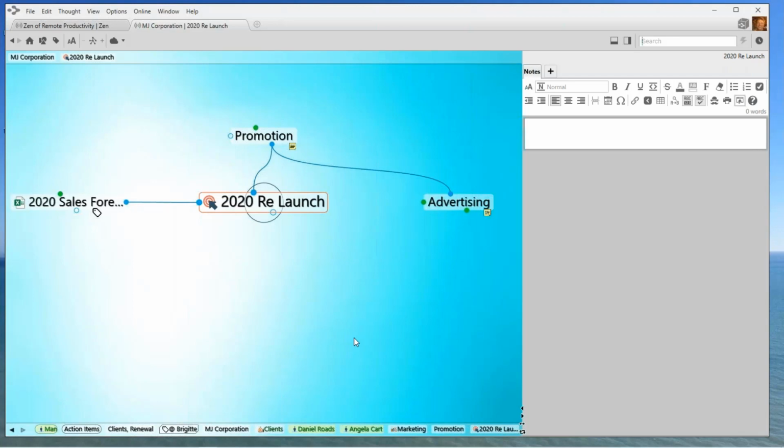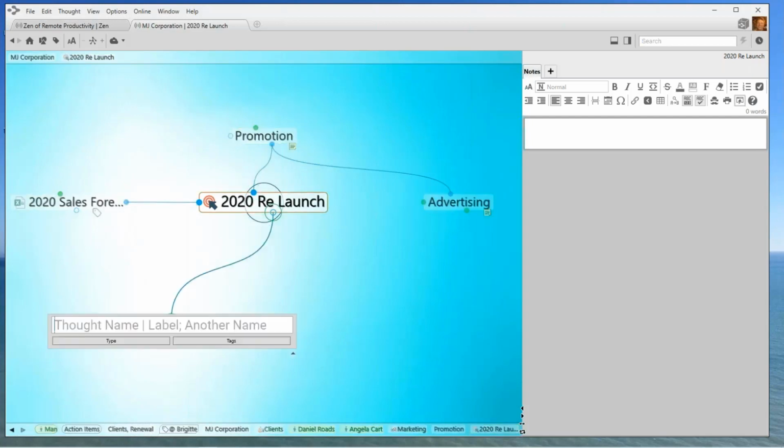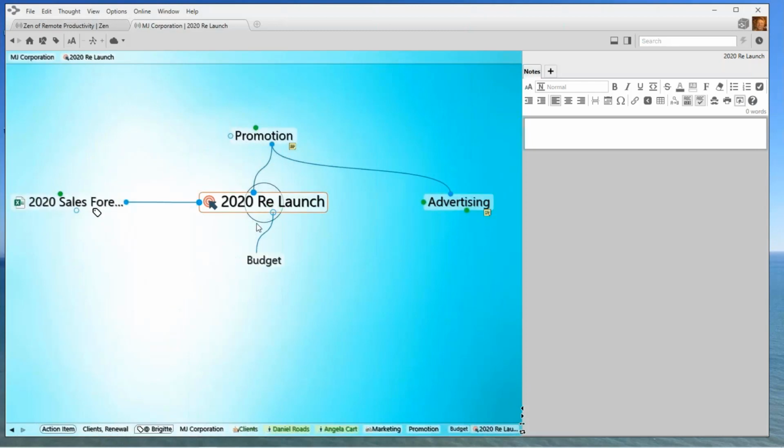So I need to create some key thoughts that all of my information is going to connect to in this area of my brain. You'll notice that each thought has 3 small gates: a parent gate, a jump gate, and a child gate. So I'm just going to click and drag off of that child gate to create a new child thought. So I want an area for my budget, an area for milestones for this particular project,